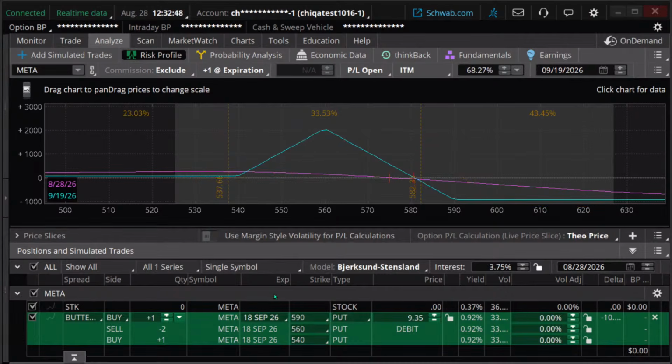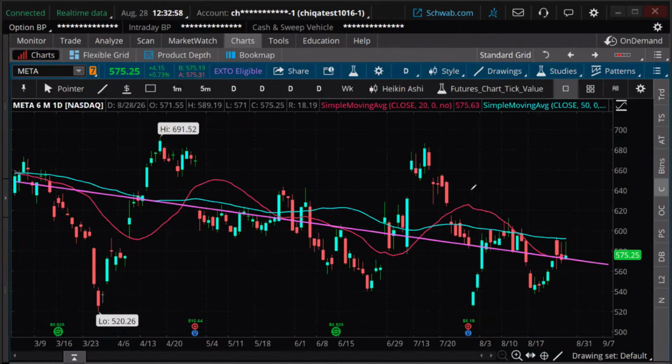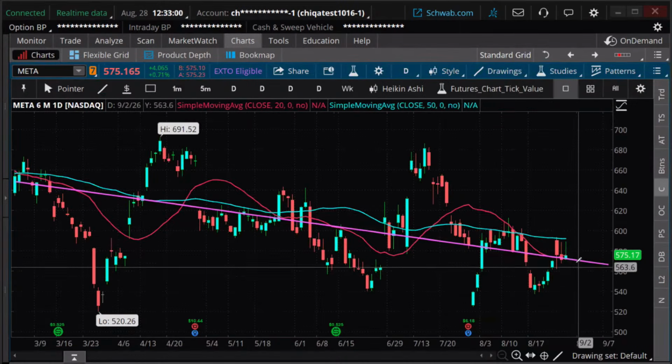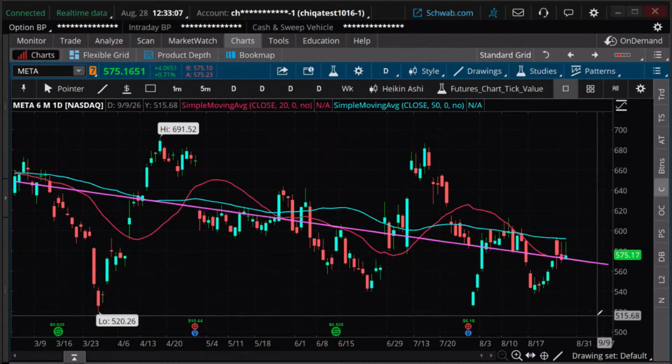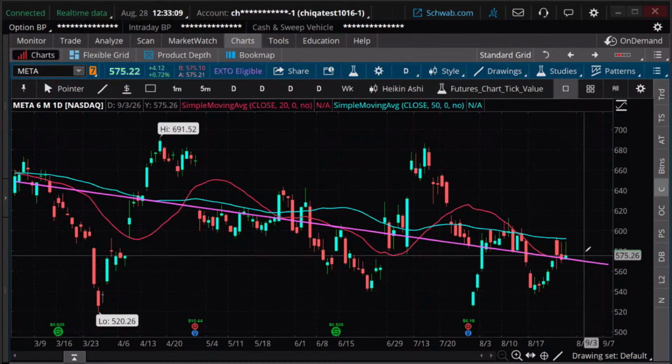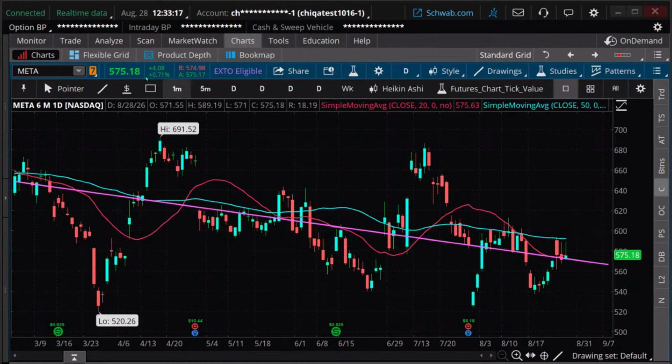So are we okay with this? 560 as our main target, 580, if things go south on us, we're willing to put up with that. 560 as our main target, that's kind of what we're looking at. If it goes down further, that's okay. And 580 as our, it'd have to go up a little bit against us on this, and we could shift that up if we want, but I'm going to stick with that trade, I think.